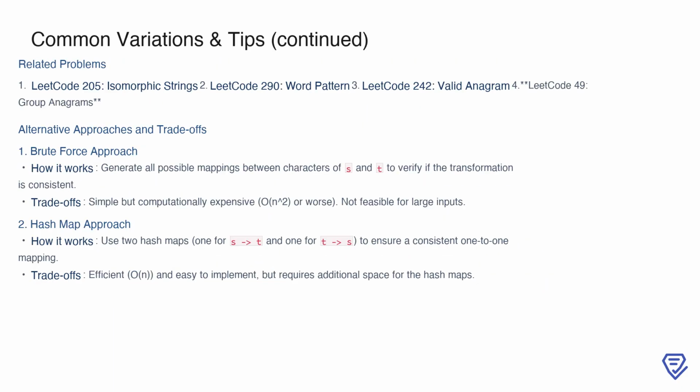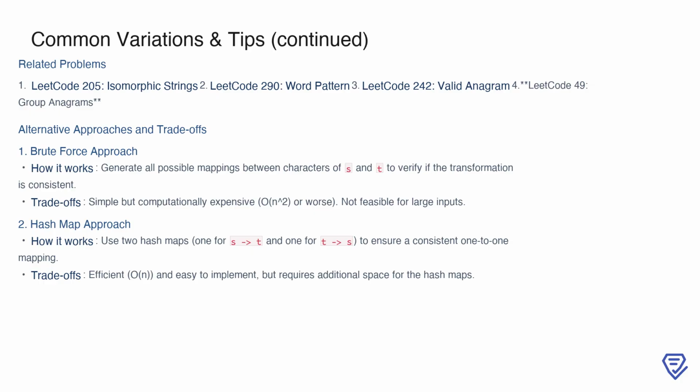This type of problem is closely related to several other questions on LeetCode. Examples include Problem 290, Word Pattern, which checks for a similar one-to-one mapping between words and patterns, and Problems 242 and 49, which deal with anagram verification and grouping, respectively. These problems share similar concepts, such as transformations between sequences or sets, and often rely on hash maps or sorting